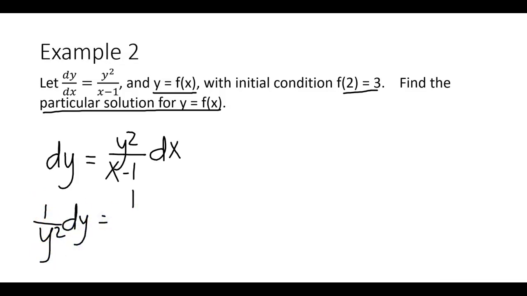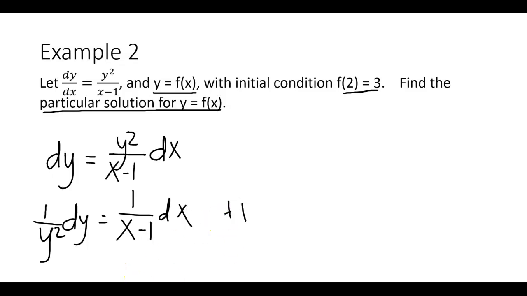The y is no longer on the top, so I'm just going to put a 1 there now. We got that. So the first thing I did was I multiplied both sides by dx, and then I divided both sides by y squared. Now you have to know how to do algebra here because it's not always going to be the same, but you probably will end up doing some kind of multiplication or division, okay? It's going to be one of those two things. The point is get your y's on one side and get your x's on the other, all right? Now if you can do that, right away you've already gotten 1 point.